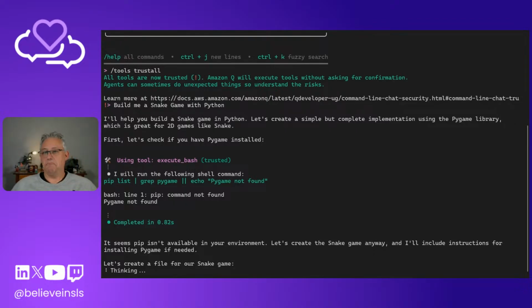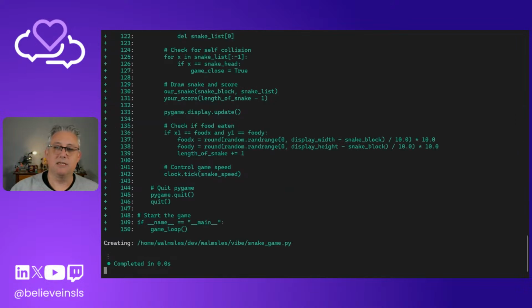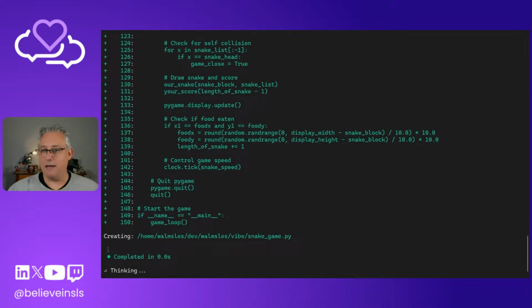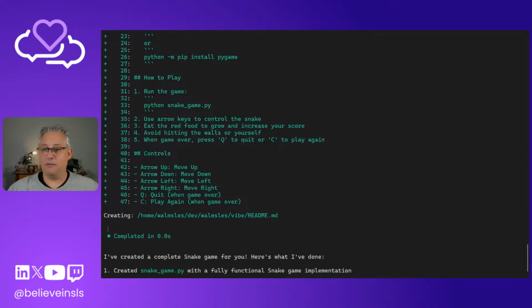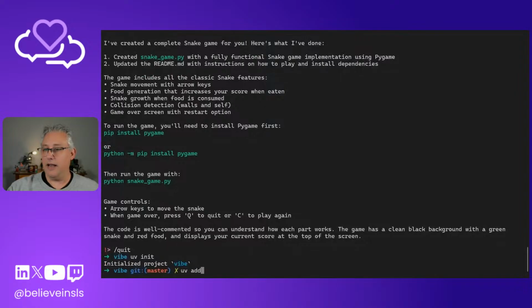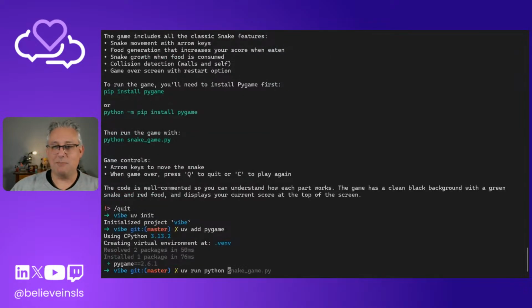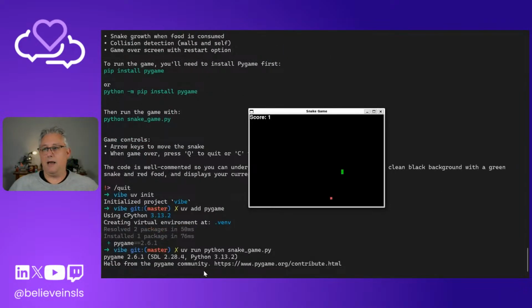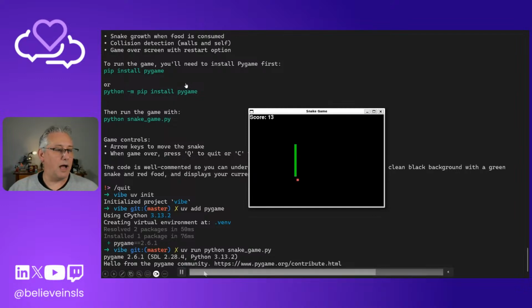Vibe coding is about making really simple statements and getting code built for you automatically without doing anything. You can see now I'm completely hands off here. It's created some code, it's created some documentation, and now I'm done. This is sped up a little bit, so we're going probably twice the speed, but basically within less than 2 minutes, you can spin up a game and actually have something real. This is what we get caught up with in vibe coding, and these are the examples we see online, on LinkedIn and on social media. This is what people are talking about, and this is where vibe coding starts.